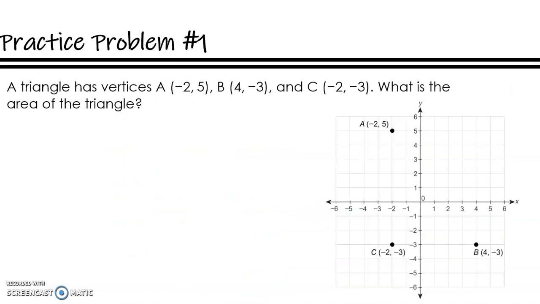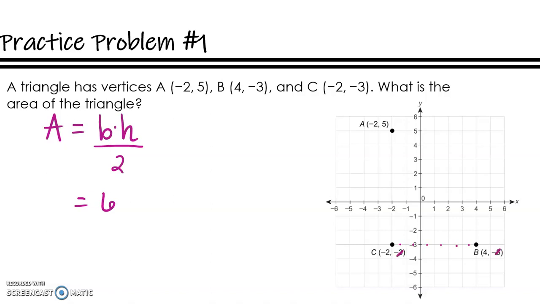For practice problem 1, we are going to take a triangle on the coordinate plane, where you can see the values of its vertices, and find the area. In order to find the area, we need a base and a height, which will be multiplied, and then we divide by 2. You can count, and we can count easily because we have this coordinate plane to look at. The base is 6 units, but also